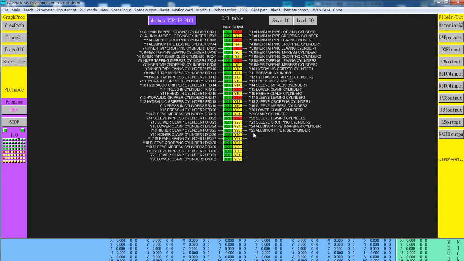Suppose for Y25, aluminum pipe rise cylinder. If the light Y25 is in red, Y24, aluminum pipe transfer cylinder moving horizontally. So one cycle will take less than 5 seconds,